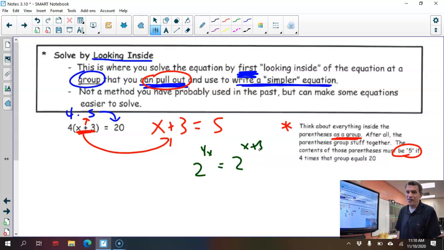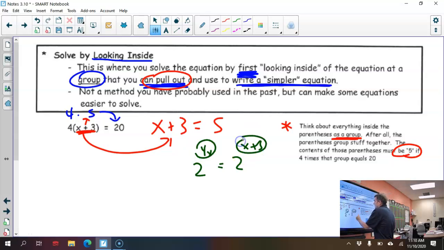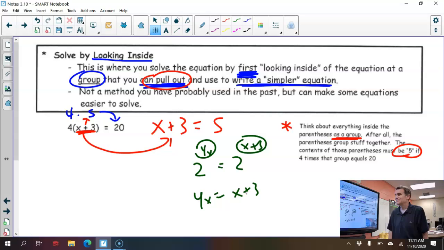This is one you would solve by looking inside. You'd forget about the 2's and you would look at just this and this, and you'd say, all right, those guys must be equal to each other because the base is the same. This is another example of looking inside the problem and finding something simpler to solve. All right, those are our 3 methods: looking inside,